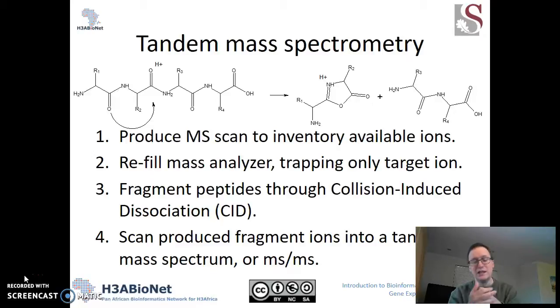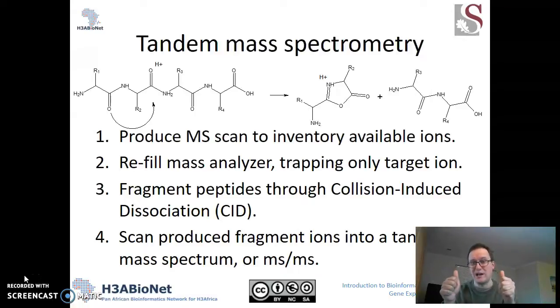So by colliding the peptide ions, now we have a whole bunch of copies of one peptide, ideally, in the instrument this time. The mass analyzer causes the many copies of that peptide ion to collide with gas molecules, and that increases its temperature. Temperature inside a vacuum is kind of a strange thing, but that's the effect. So these peptides are carrying protons on board because those were deposited in the process of ionization. As we increase the temperature of the peptide, the bonds become unstable because the proton starts moving around, and that